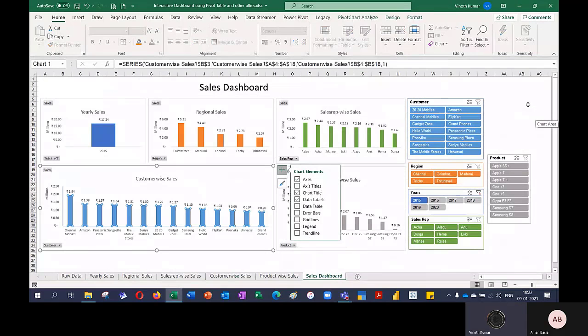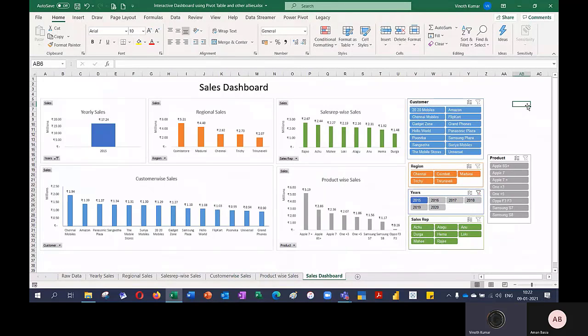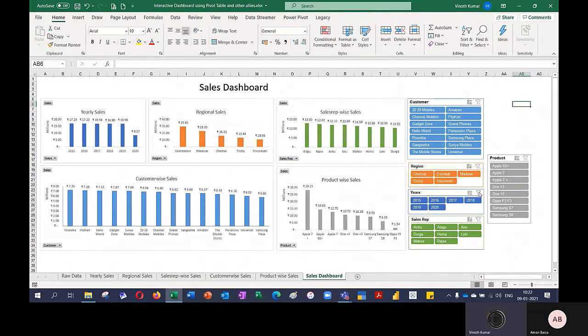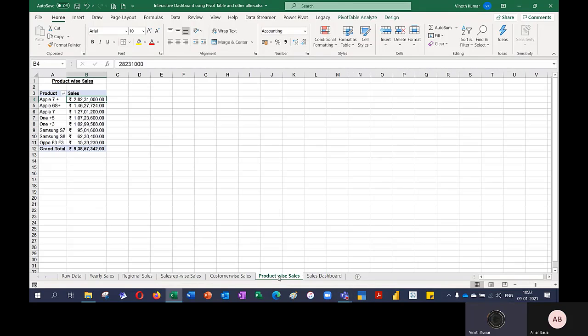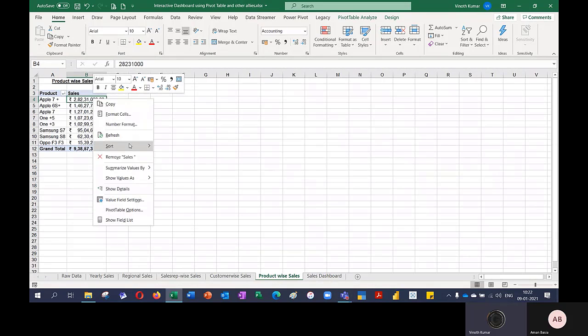I can see the sorting has happened. First, the data sorted here. So when I remove the filters out of the list, my sorting still remains the same. So can you show how the sorting was done? I just went to my product table. I gave a right click here. Then I sorted the largest to smallest value